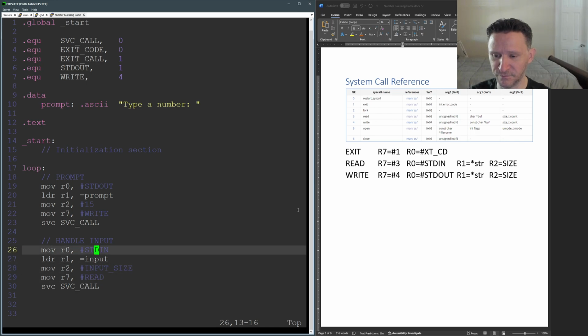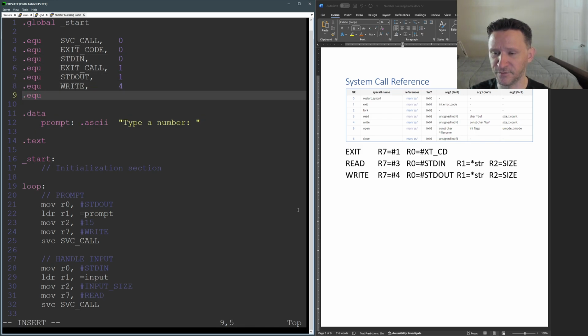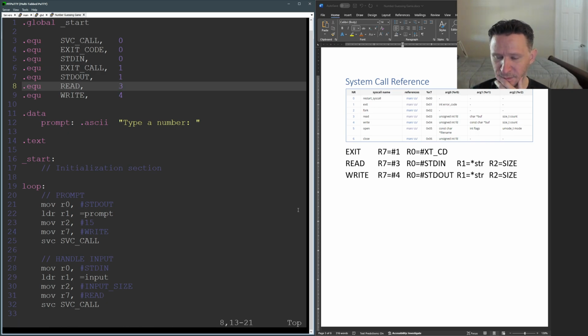All right, now let's first of all get these defined. So we need standard in, which is going to be 0, and we need input size, which we'll have to think about, so let's come back to that in a second. And then for the read, we want 3. Okay,